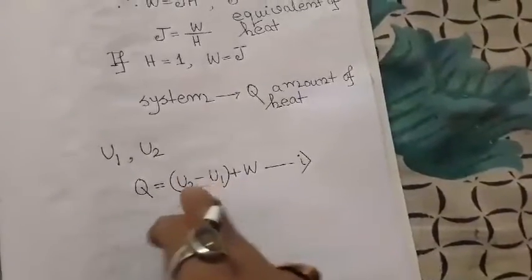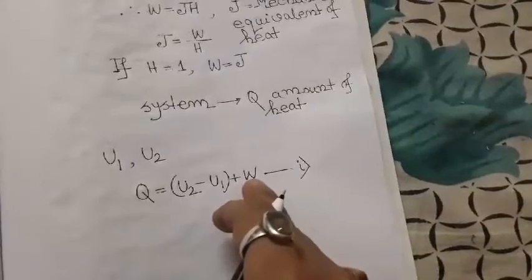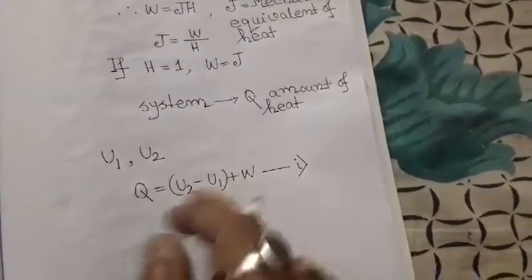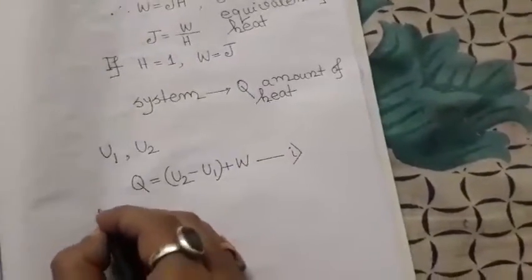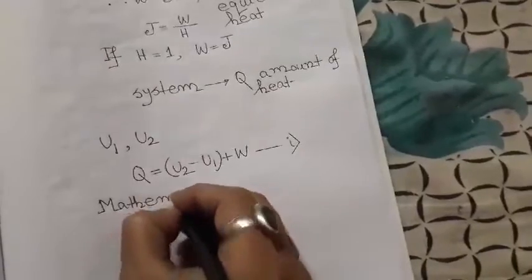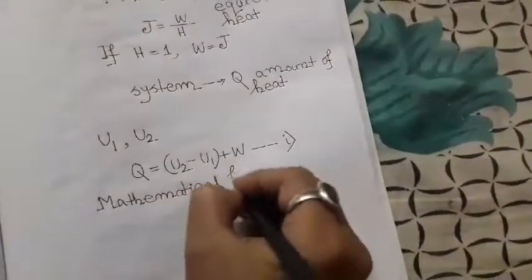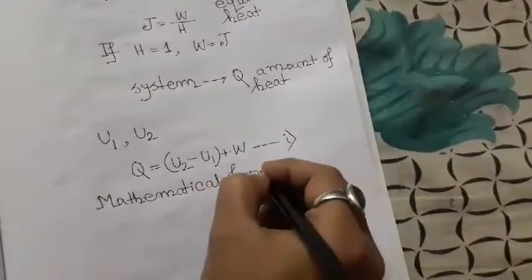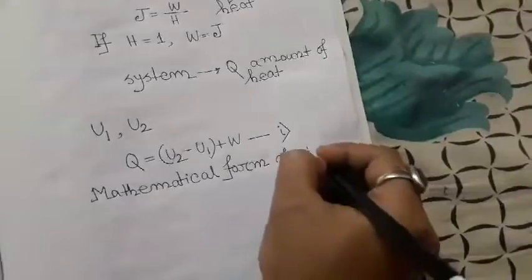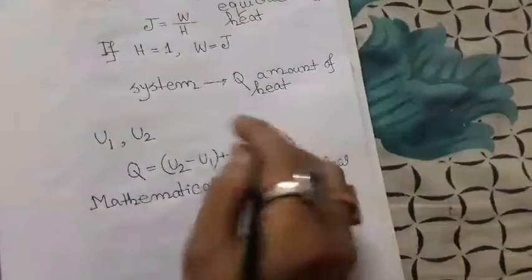The term U2 minus U1 represents the change in internal energy and W represents the work done by the system. So this is the mathematical form of the first law. Now let us try to find out this meaning